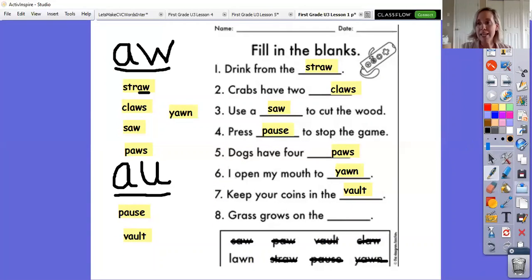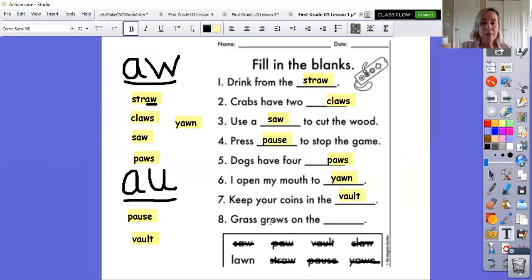All right, we got 1 word left, and it's lawn. Let's see if it makes sense. Grass grows on the lawn. That makes sense. Let's write it. Lawn. There we go. Where's lawn gonna go? It has an A-W. It's gonna go there? No, it's gonna go under the A-W. All right. So as you can see,